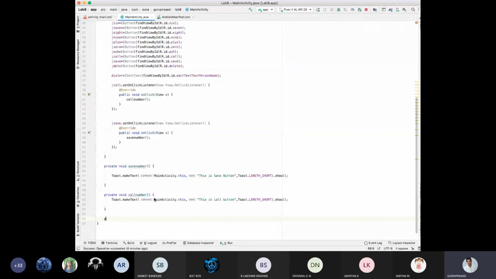See here, public void button click, event of view, view v, open brace, enter.